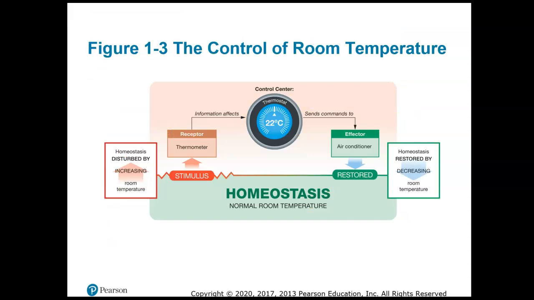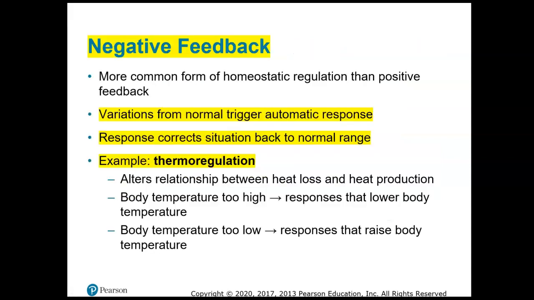This is the illustration of the example we just went through. You have the room temperature goes up above the set point. The thermometer receives that information, sends the information to the thermostat, the control center, which decides to turn on the air conditioner, which is our effector, and that restores the temperature back to the lower temperature, the lower room temperature. Negative feedback